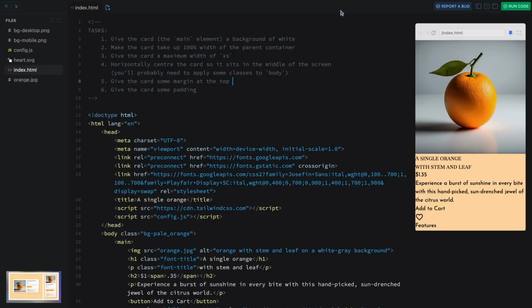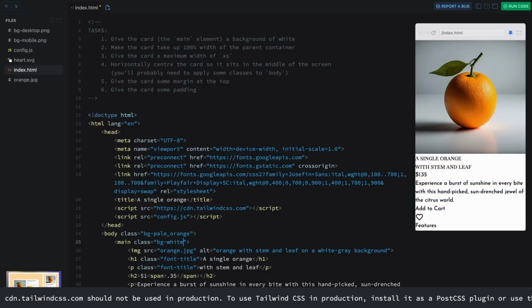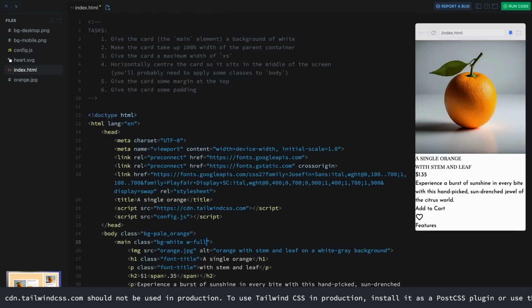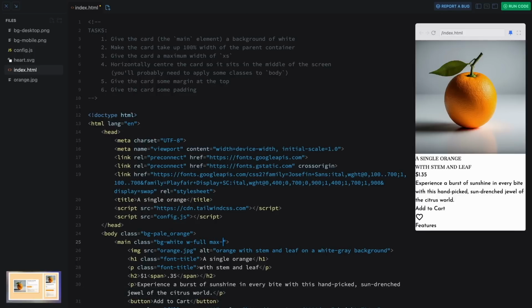Welcome back. How did you go? This is what I would have done. First, I will give the main element a white background. Let's add a class list and add background white. Pretty easy. Now, let's make the card 100% width of its parent container by adding width full. Now we'll use what we just learned in the last scrim, max width, and we want a maximum width of